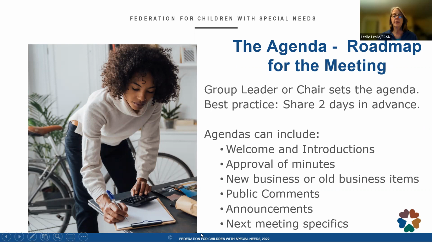And also, I think that your meeting agenda should have the next meeting specifics, so that people do know when you're next going to meet, especially if you don't meet monthly, like on the third Thursday of every month. If it's more random, you should have that information in your agenda, and it's part of the minutes